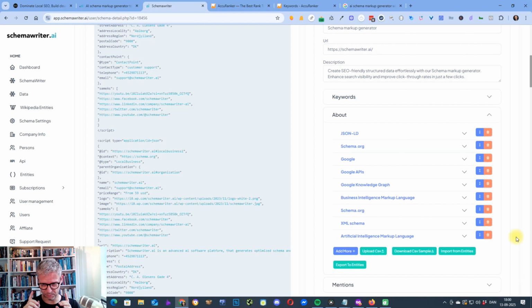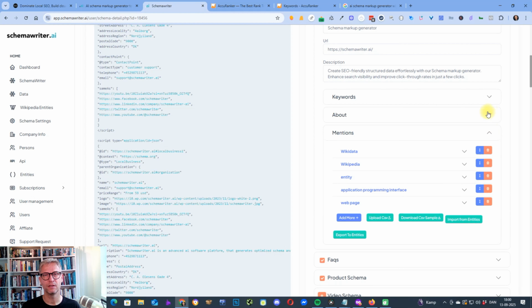Just a piece of advice: you might not want to include too many entities in the schema, because we don't want to confuse Google. And it's not only Google, but the other search engines that are also reading the schema. So you might not want to include 50 or 100 entities. Let's say you have a very long piece of text and you identify, I don't know, 50 or 100 entities. I'm not recommending that you include 100 different entities in the schema, because the role of the